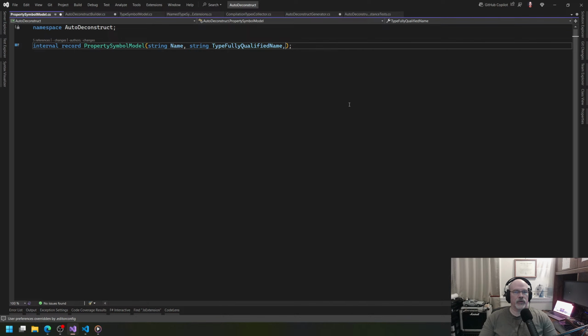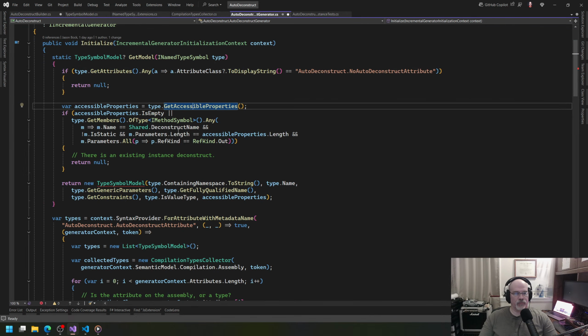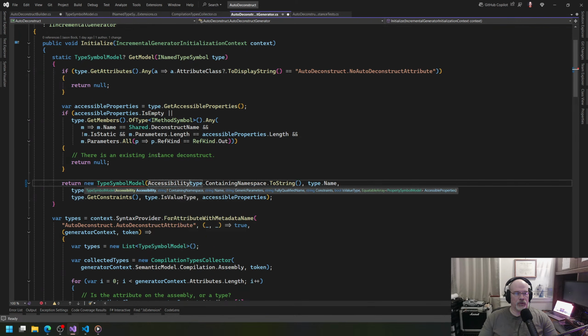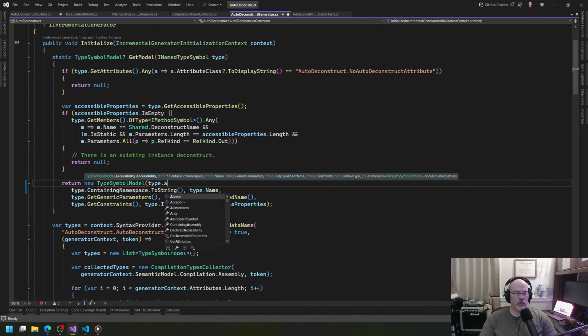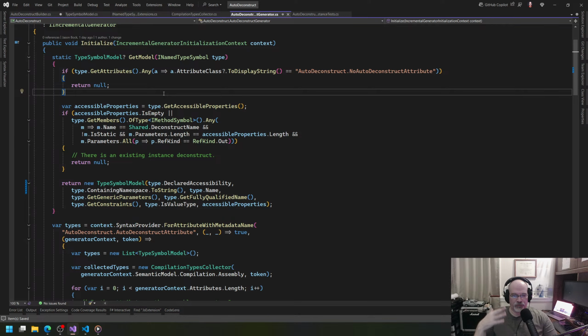And so we want accessibility, and then we want accessibility type accessibility. And then this will all shake out because we're going to run into problems here, like here. So we need the... nope. Type declared accessibility. Those are enums, so those will translate correctly. They can work as